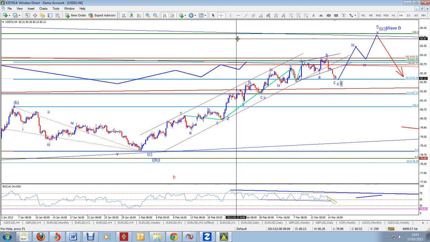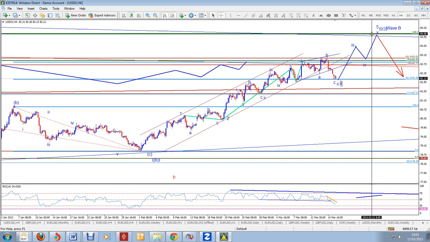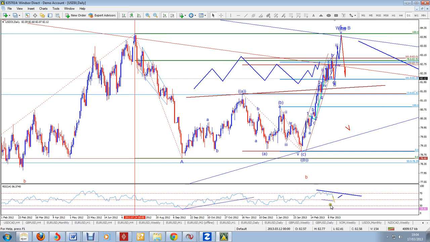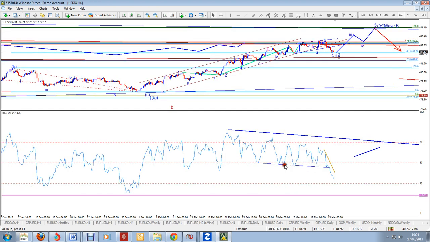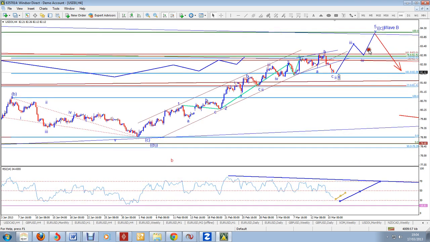We will probably tag the July high. Okay, so that July high could well be around 84 as a topping out process, but we need to keep an eye on a daily getting a secondary divergence, and then on the 4 hour this divergence is now almost complete. So what we now expect is RSI to start making higher high and higher low toward completing this last leg. But I think by the time we get to 84 we will form a top, and that would be the fullest extent of the potential for the upside on the dollar index.